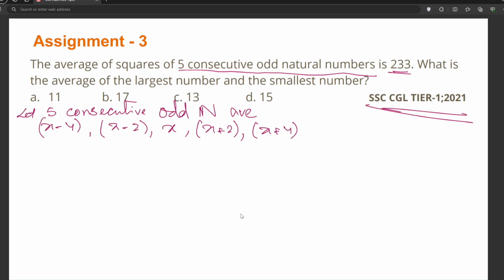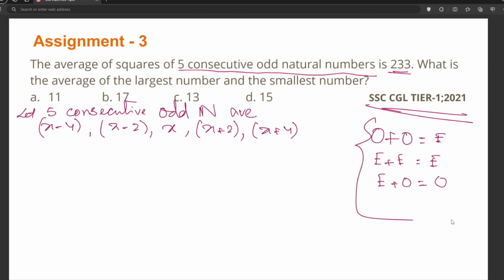If we add an odd number with an odd number, we'll get an even number. If we add even number and even number, we'll get an even number. If we add even number and odd number, we'll get an odd number. So if we add 2, 4, minus 2, minus 4 with an odd number, then we'll get an odd number. And in this process, we can